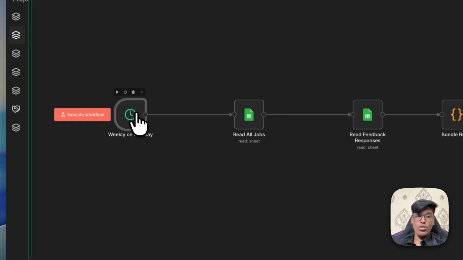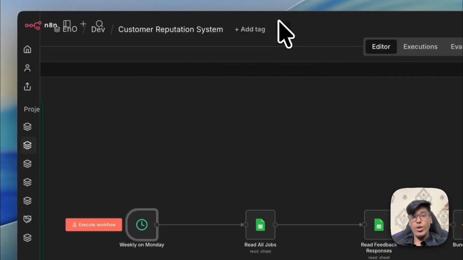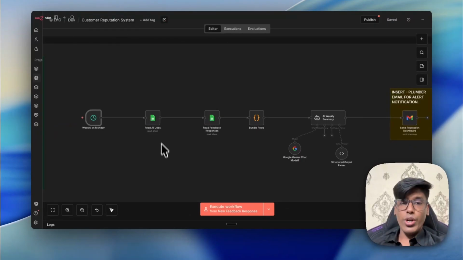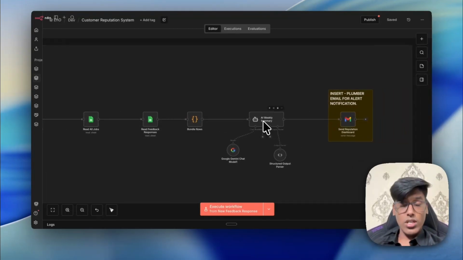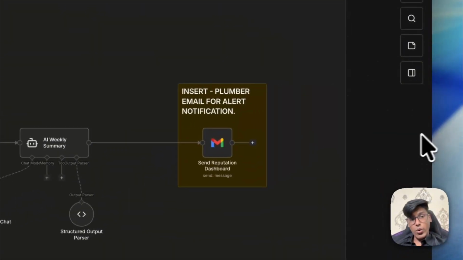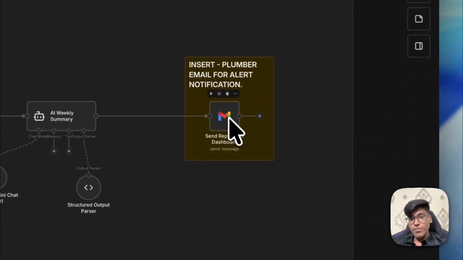And in this, you can see that this workflow triggers on a cron job, which is weekly on a Monday. So it's going to automatically trigger on every Monday, and it's going to read all of the jobs which are inside your Google Sheets. It's going to read all of the feedback responses, bundle all of the rows, analyze everything that was done in the past week, and it's going to send you a customer reputation report, which is going